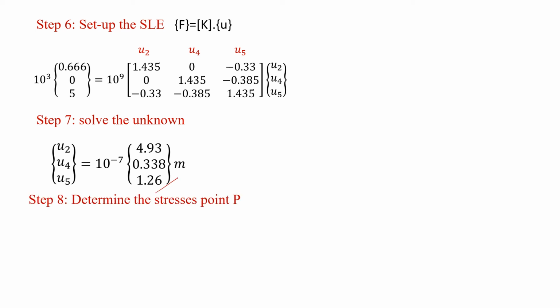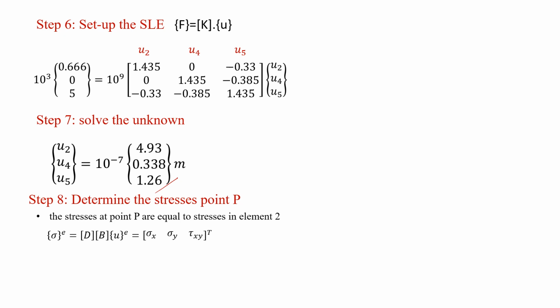The next question is to determine the stresses at point P. If we refer back to the question, point P is located in element 2. Therefore, the stresses at point P are equal to the stresses in element 2. As we discussed before, in CST elements, the stresses and strains are constant within the element. Next, just apply the formula for the stress, and the product DB we can solve by using the given formula